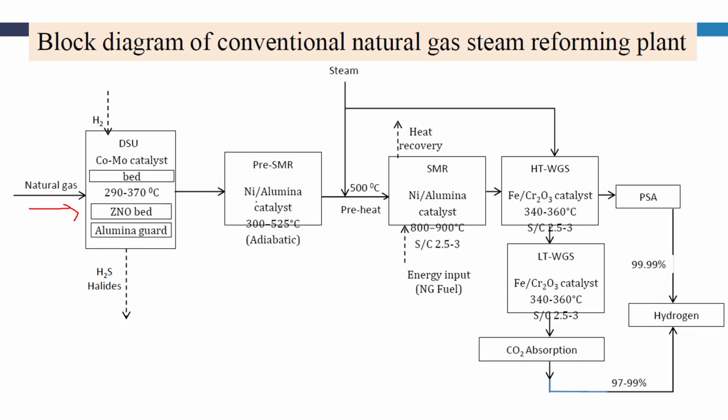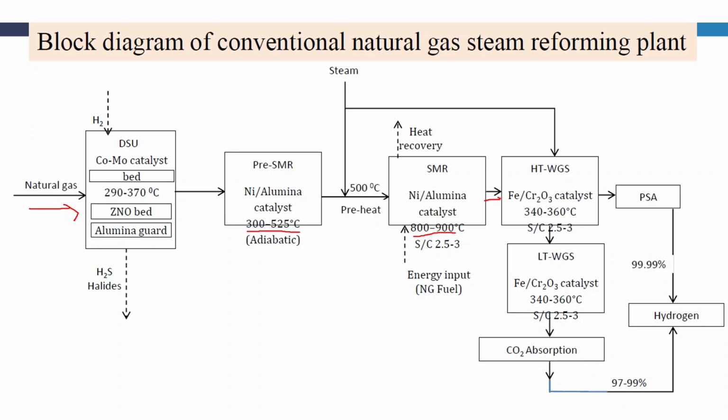Then further heating for the pre-methane reforming takes place. Preheating of our natural gas takes place to the range of 300 to 525 degrees C. Then this preheated natural gas, along with steam, is introduced into the SMR reactor, where the temperature is increased to 800 to 900 degrees C, and here steam methane reformation takes place. Further, the heat released is taken to a boiler or heat exchanger for heat